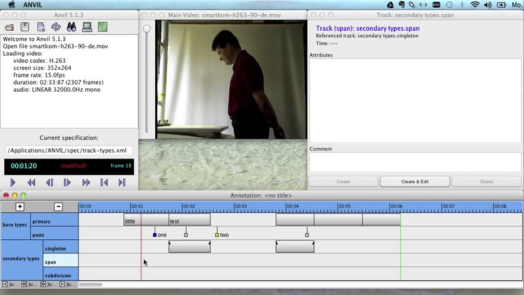A span is a track where you can span multiple elements in another track. Okay, let's see which track this track span refers to. Look here, reference track is secondary types dot singleton. Okay, so it actually refers to those elements here. So I can connect those two, for instance, by placing the start line here